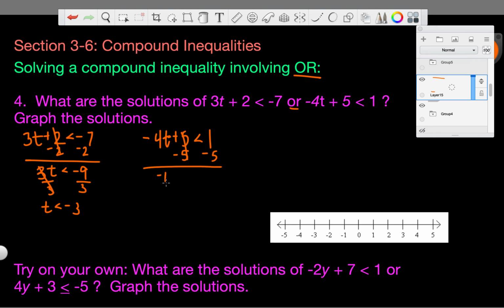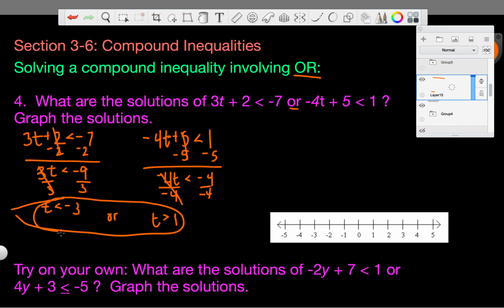Subtract 5. I get -4t is less than 1 minus 5 gives me -4. In order to get this -4 to the other side, we must divide by a negative. When we divide by a negative, we flip our symbol. So -4 divided by -4 gives me +1. So these are my 2